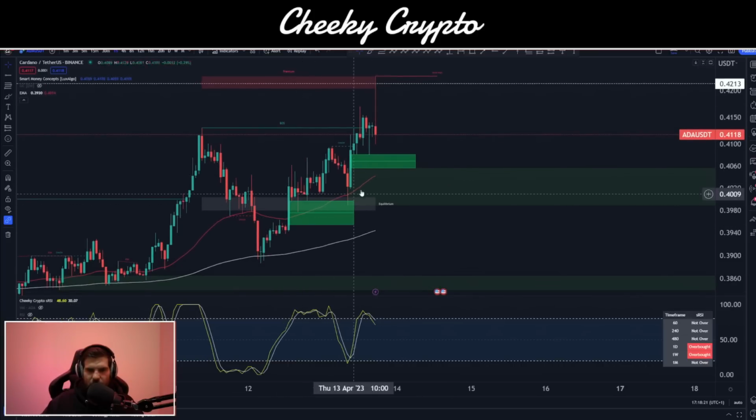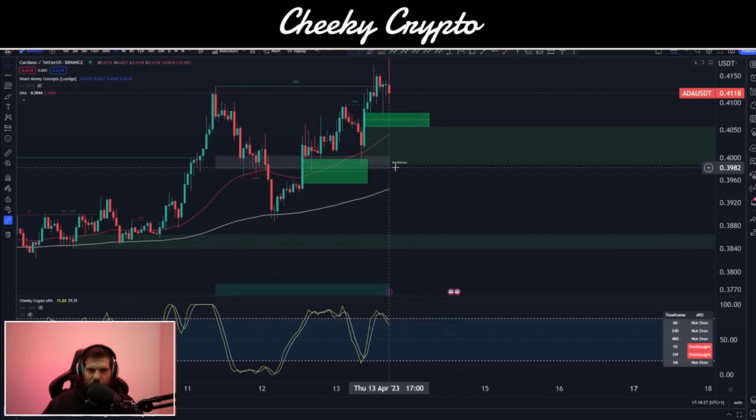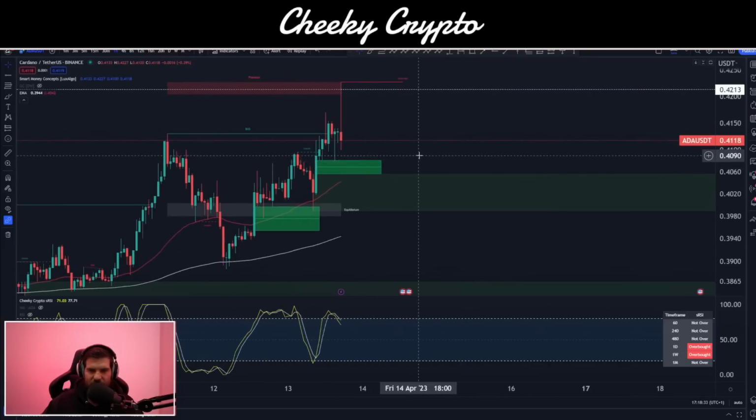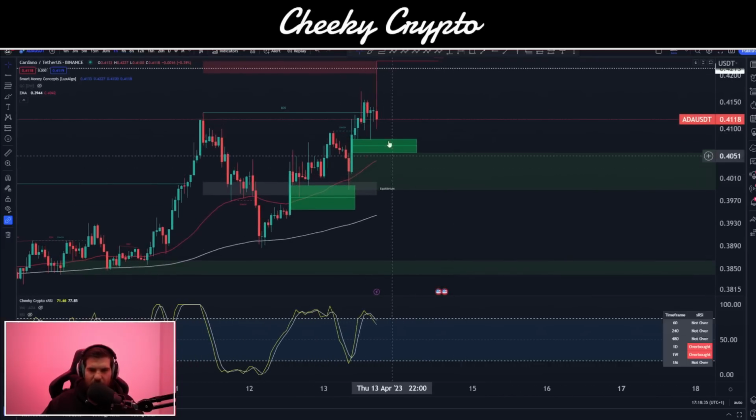Now, we are at the moment finding a brief amount of support on the 50 EMA on the hourly. So if we lose that, then next stop will be past equilibrium and to the 200 EMA, which you can again see has been acting as a bit of support for us recently as well. So just bear that in mind that it does look like our next move has to be down based on momentum and end of structures of what we've seen so far.